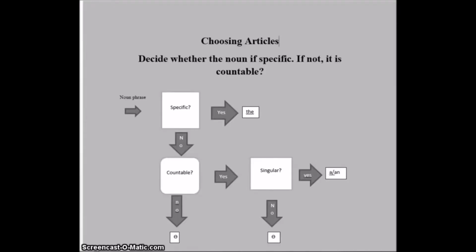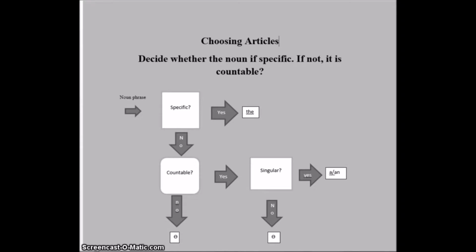So today we're going to talk about choosing articles to go with the nouns. This is one of the most difficult aspects of the English language to learn. Very few students really ever master it, but we want to give you an idea of some of the considerations in how to choose articles. Sometimes it's important, sometimes it's not important to have the right article, but it's important enough that it's probably a